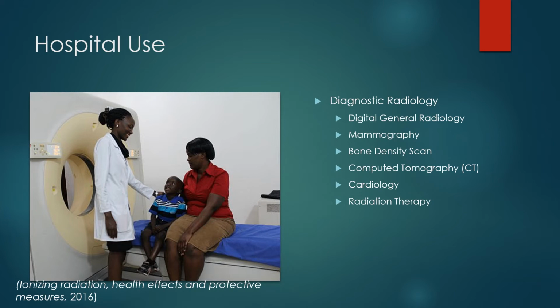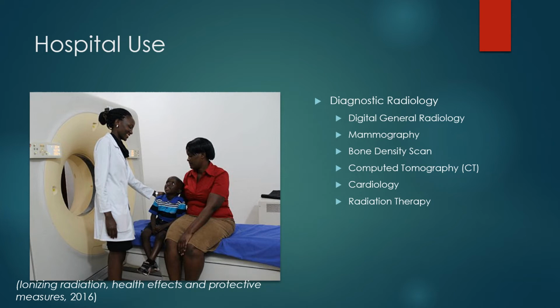So let's move on to ionizing radiation within a hospital. Ionizing radiation has a number of beneficial uses, including treating cancer or sterilizing medical equipment. When it comes to diagnostic radiology, imaging using ionizing radiation produces images of internal structures, of human organs and physiological biological systems, and helps improve patient management and care in screening and diagnosis, also assessing treatment response and detecting